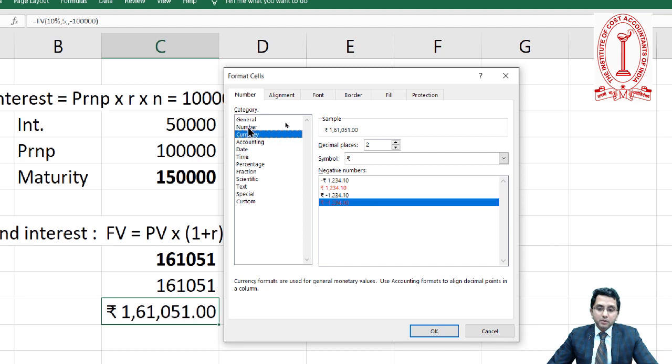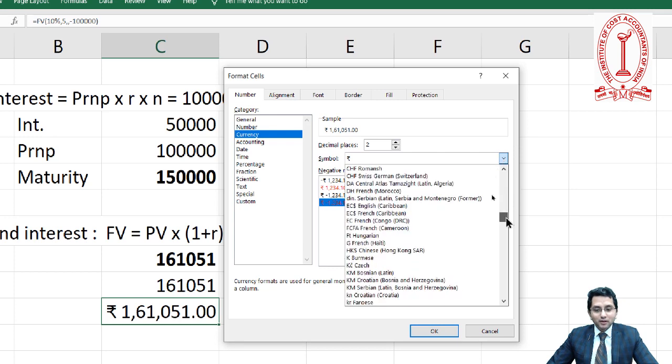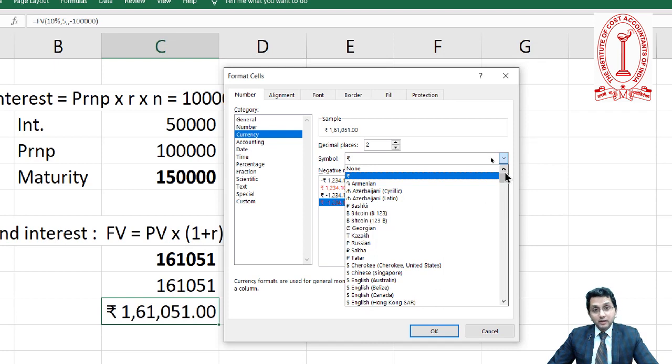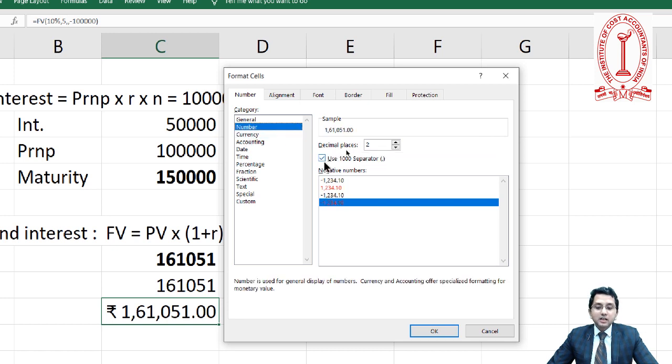In case of number format, you have no symbol. In case of currency format, look here, you have the rupee symbol, and you have a choice to choose the symbol also over here of various currencies of the world. If you want to change it, by default it is rupee, because I have selected the control panel setting of Windows like that. So I say this is the number format, and then it is asking me,